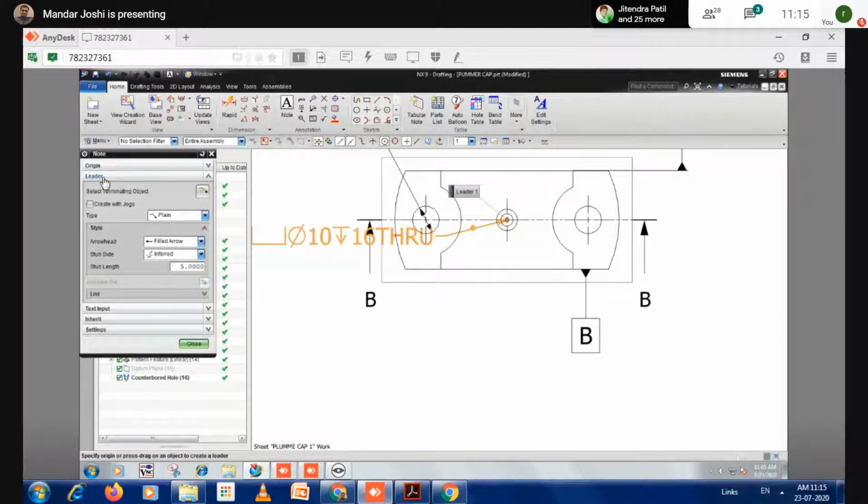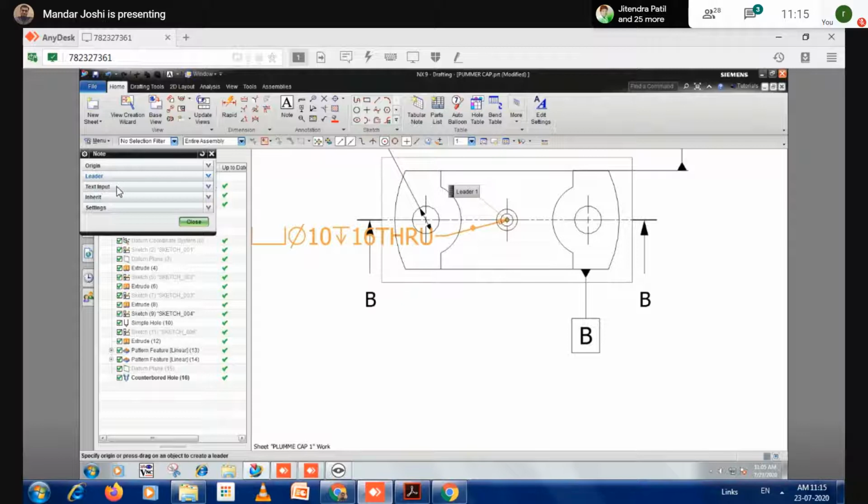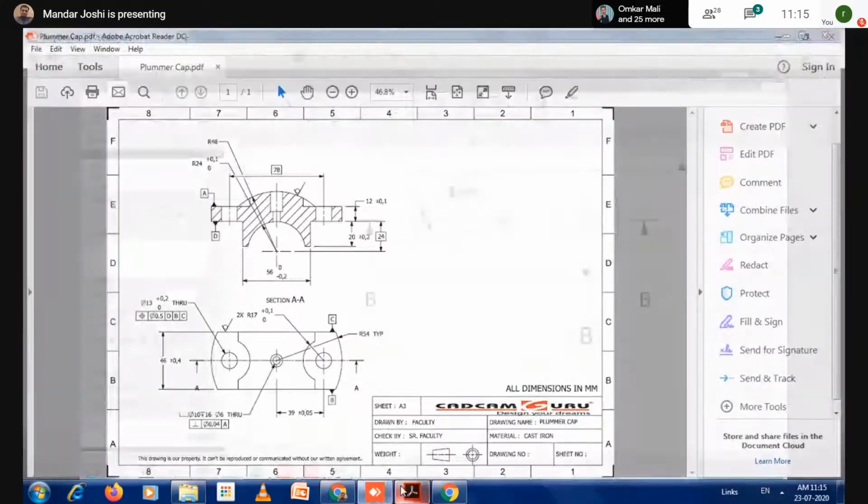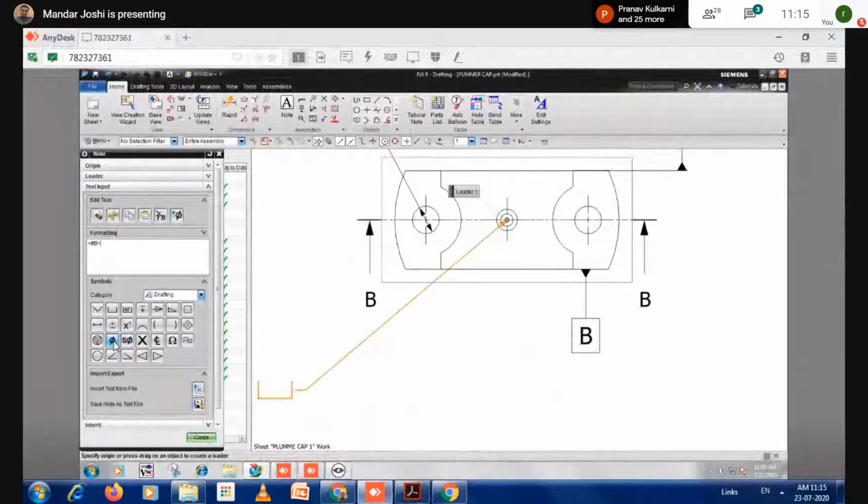Next, text input. So in the text input, we have to add the symbols step by step. First step is to add a counterbore symbol. Counterbore. Then what is written? Next step, diameter 10. So use the diameter symbol. Then type the number 10.